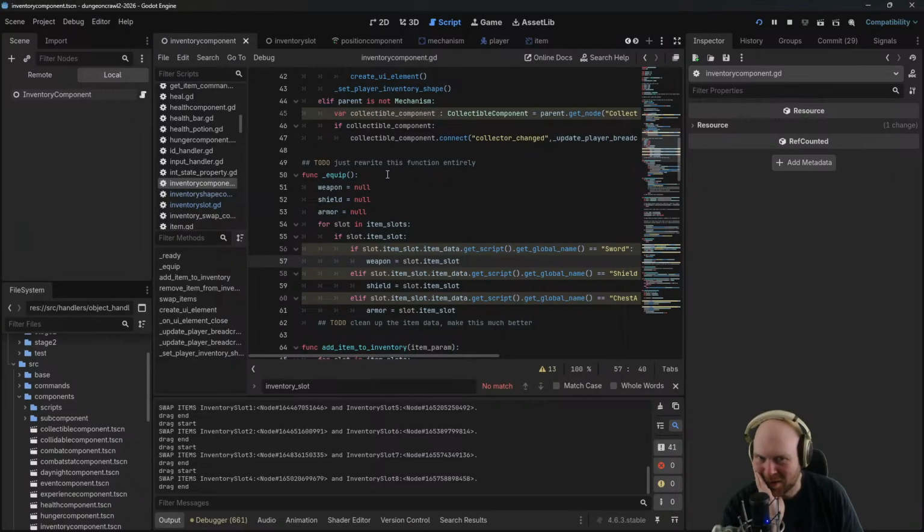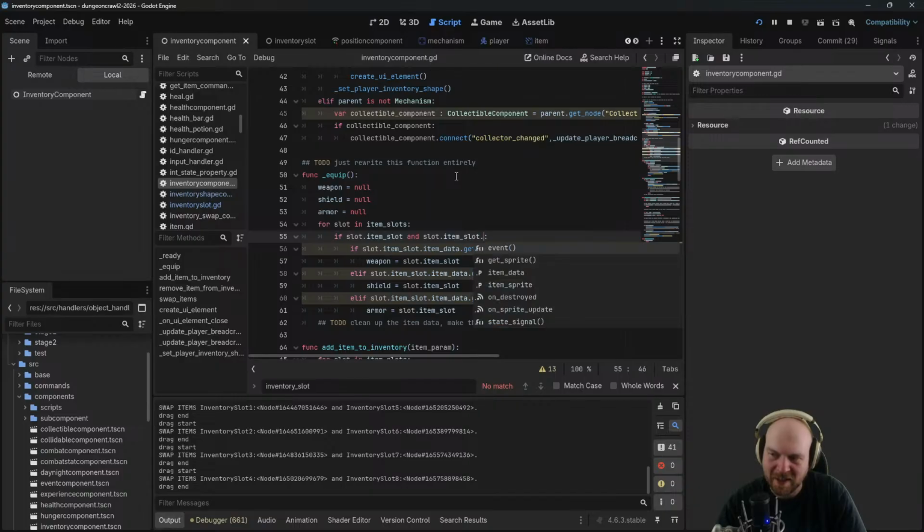This one could get complicated fast. But what we do want to say is if slot.item slot and slot.item slot dot shape